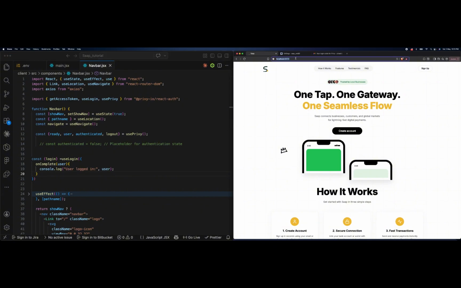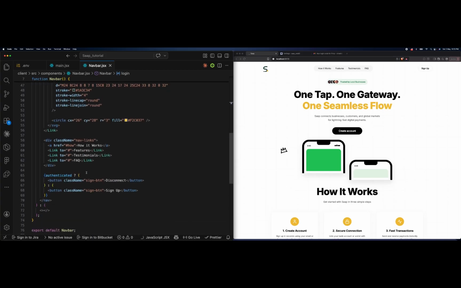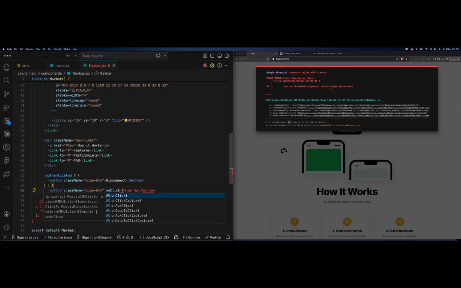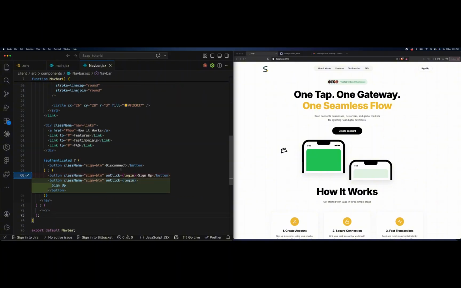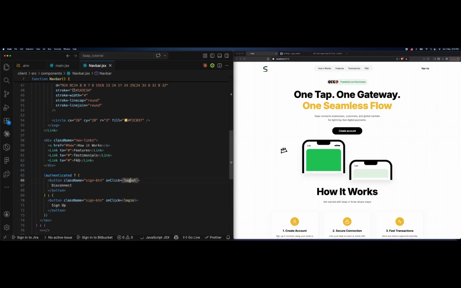So let's just refresh and then call login. On click login, then on click logout. Okay, so let's just refresh and then sign up,